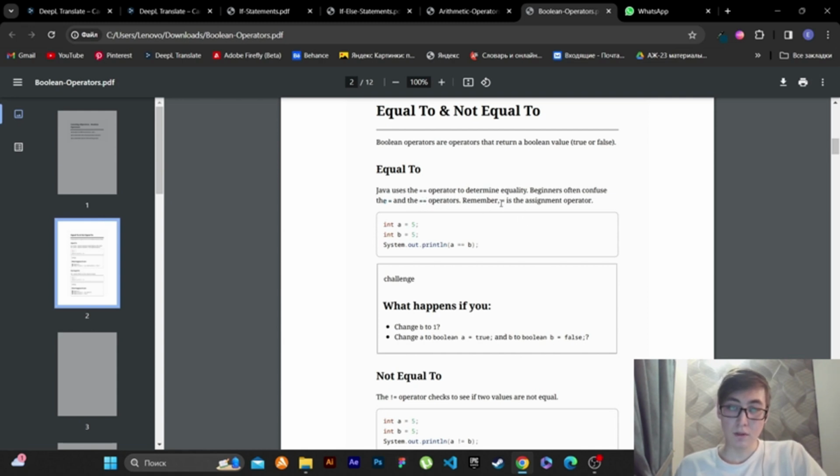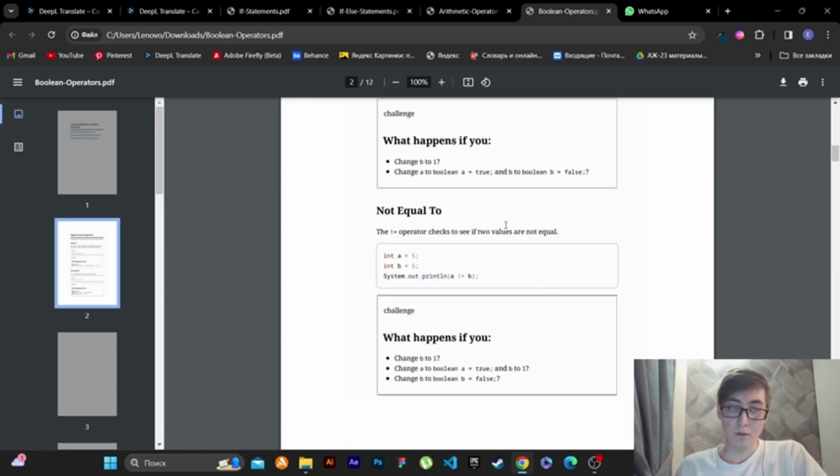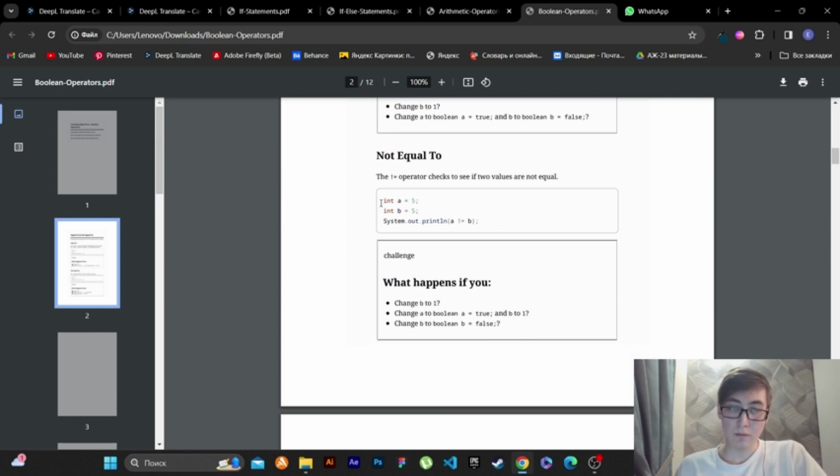Remember, this is the assignment operator. For example, not equal to. This operator checks to see if two values are not equal. For example,